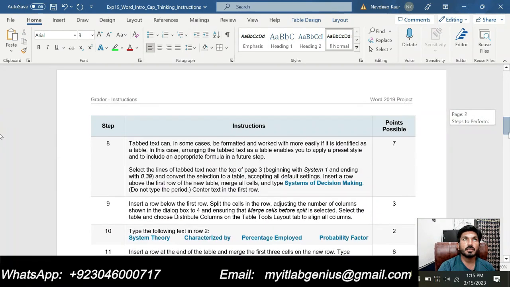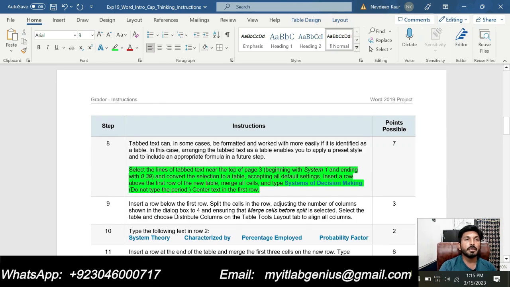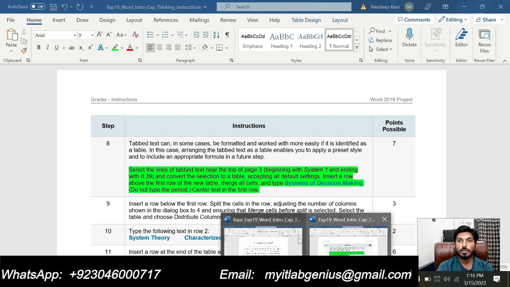Our next step is step number 8 now. So step number 8 is select the lines of table text near the top of page 3 beginning with system 1 and ending with 0.39 and convert the selection to a table accepting all the default settings. So first we will do this.